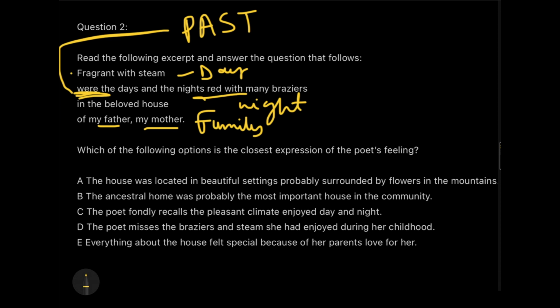Now, I tried putting up these questions for you because these are previous year question papers, I guess from 2016 and 2017. And these questions are really interesting. The reason is, first is capturing the essence, and second is capturing the feeling of the poem. And people generally have a thought process that if it is a capturing the essence, central idea, main idea, or summary type question, or finding out the poet's feeling type question, then for that we have to understand the entire passage, whether a normal RC or the entire poem. Only then we'll be able to solve these types of questions.